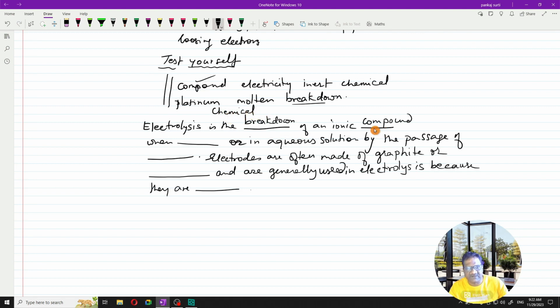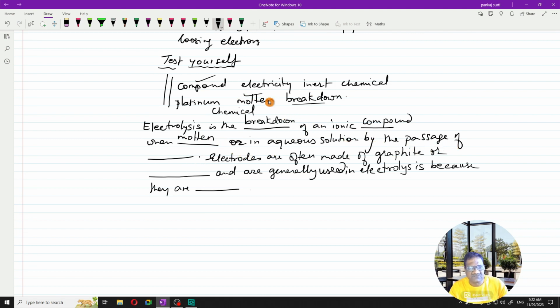It's a chemical breakdown of an ionic compound when dash or in aqueous solution. So here you will write molten. So this ionic compound should be molten or in aqueous solution by the passage of